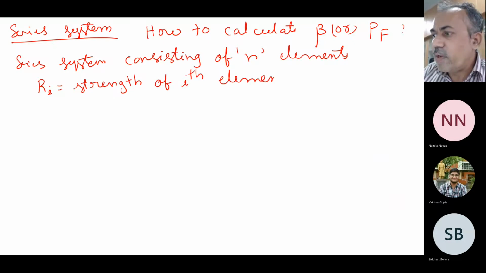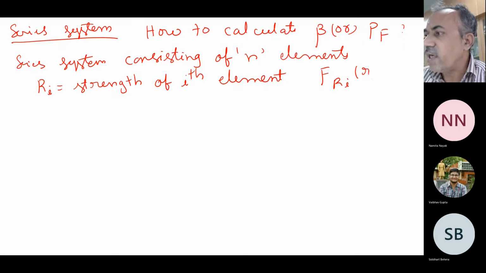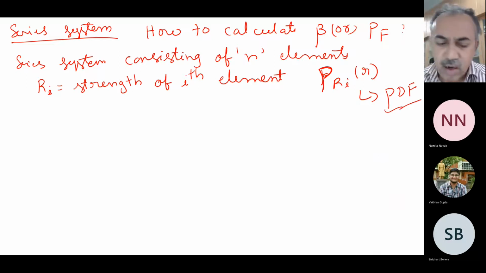Okay, so anyway, you followed it. The strength is this one. Now, since it is a random variable, it will obviously have a density function. It will have a distribution, and all those things will be there. So this is a cumulative distribution function, capital P, let us say this is the notation we are following. This is a probability distribution function of the strength of each individual element itself.